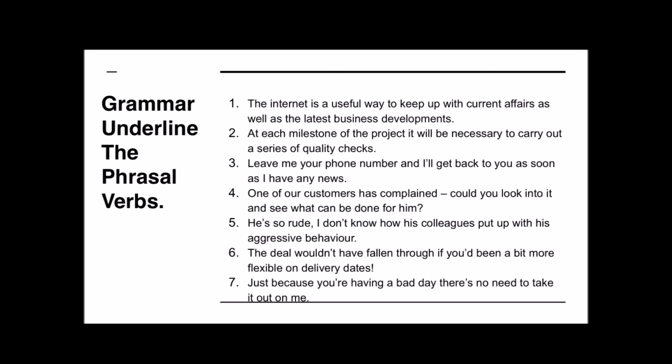If I was just to pick one website randomly and read out some of the phrasal verbs, they say it's a verb plus a preposition or adverb, and they even say that sometimes they can have three